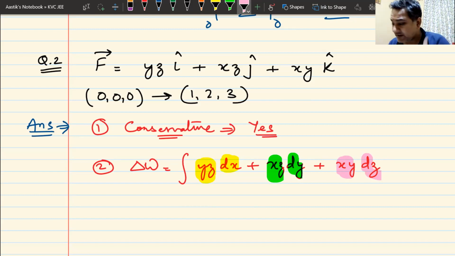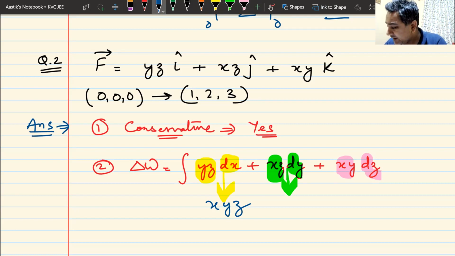So they are all unrelated to each other. But what do I do? I just take them out and integrate them separately, assuming that the rest of them are constants. So if I integrate this one separately, y and z going out, the integral of dx, I will get xyz. Do we understand this? Yes, sir. You get xyz. I'll do the same thing with this one. x and z will go out and I will just integrate dy. I'll get y, so it again becomes xyz. The second one also becomes xyz. Repeating the same step with the third one, we again end up with xyz.